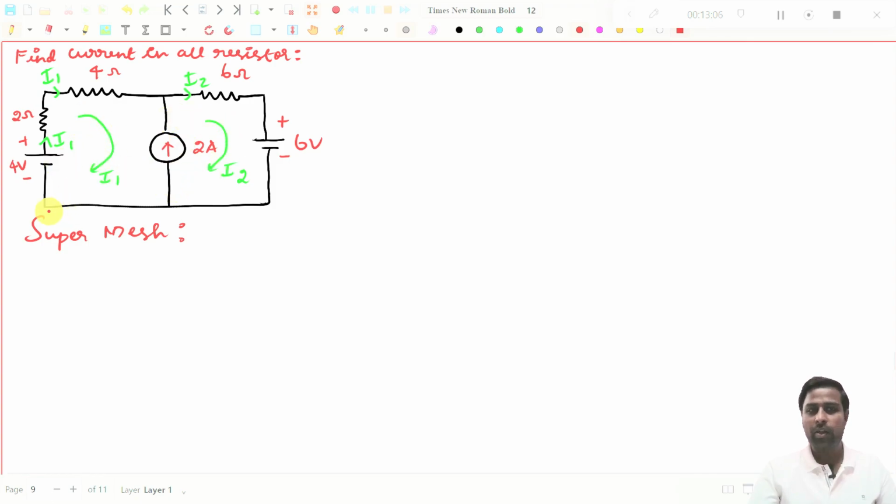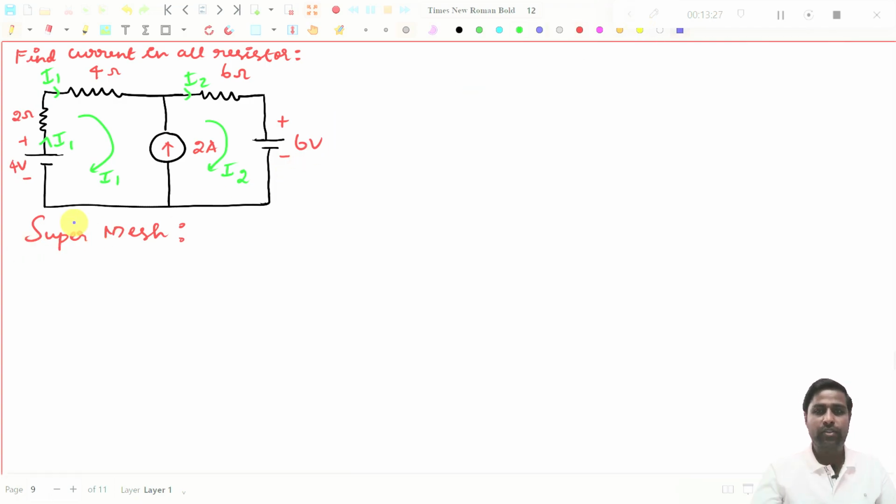How? Then what you have to do, you just write the KVL expression around this 2 ampere source, which means you go in this way, come here, and then come here. You have to write the KVL expression like that. Okay, fine. Now I will write the KVL expression. You see,